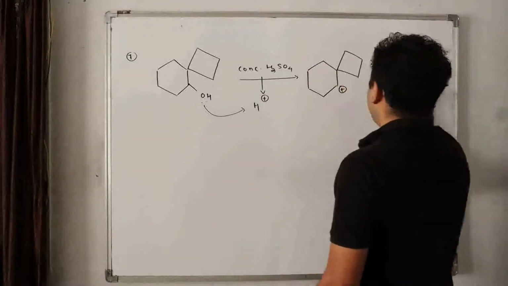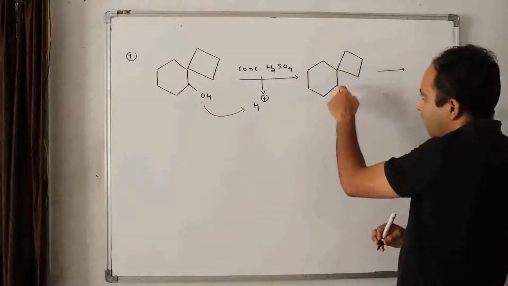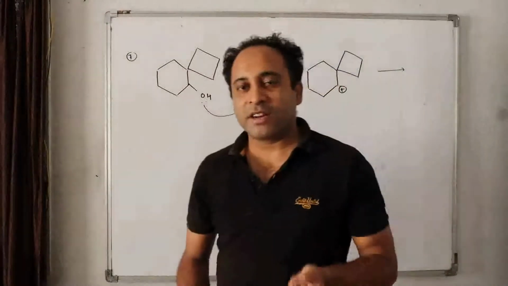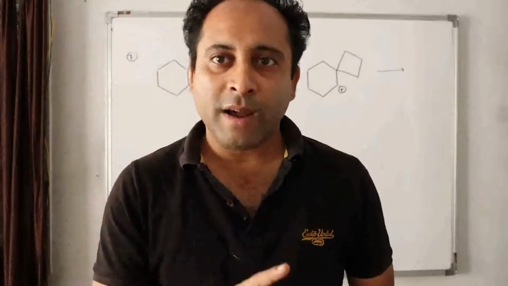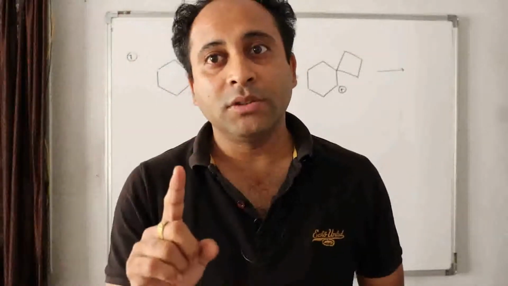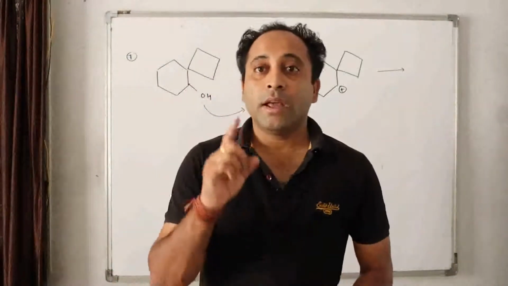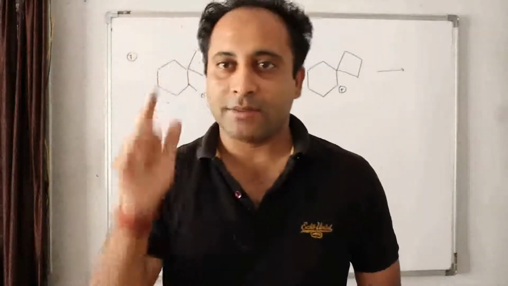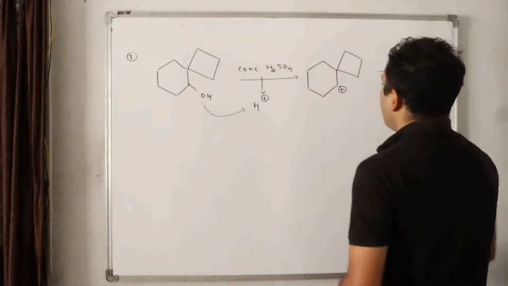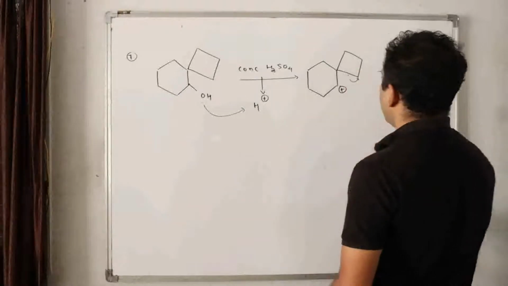Now, tell me, will this bigger 6-member ring go for ring contraction, or will this 4-member ring go for expansion? I told you about ring contraction and ring expansion. Ring expansion occurs from 5-member ring to 6-member ring, and 4-member ring to 5-member ring, on the condition that the alpha position should have a plus charge. And in ring contraction, a 4-member ring can become a 3-member ring if the plus charge is on the ring. Do you remember? Now come to this place. You have a 4-member ring, alpha portion plus. This can go for expansion, isn't it?